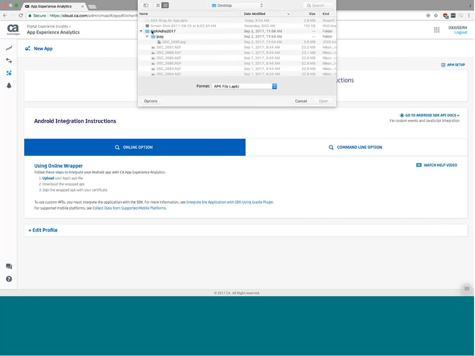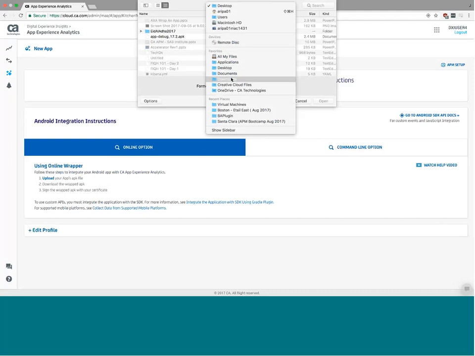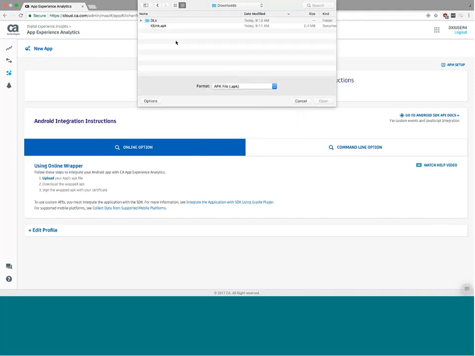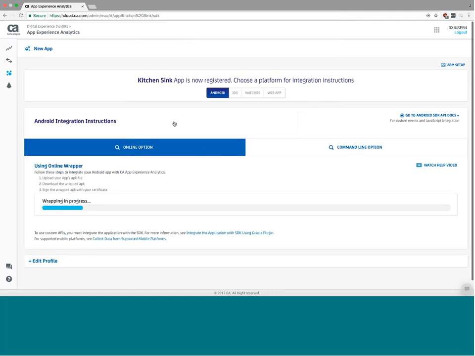I have a simple application called kitchensink.apk. Let me go ahead and select that. And as you can see, it will show a progress bar, and this will take a couple of minutes. Depending on the size and complexity of the application, it could take anywhere between 7 to